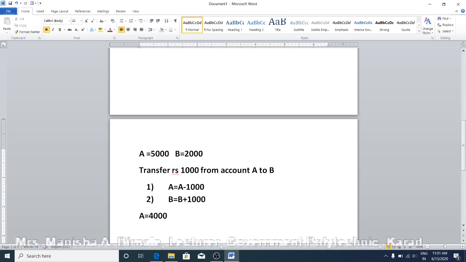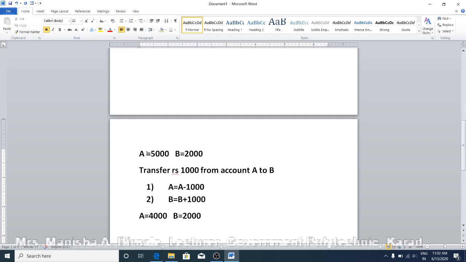Now what will be the situation of the accounts when the system is started again? A's balance will be shown as 4000 and B's balance will be shown as 2000, because the second instruction was not executed. So is the database in a correct state now?